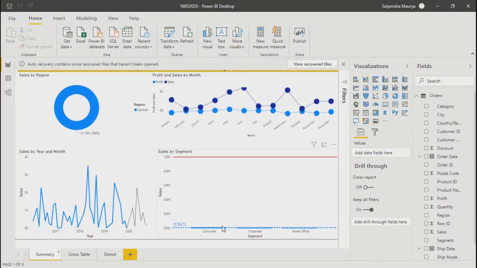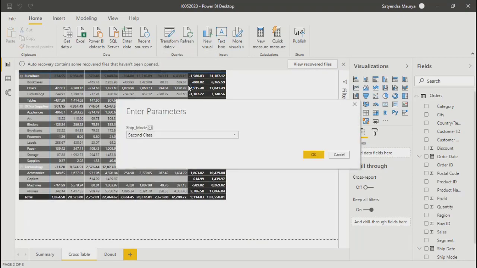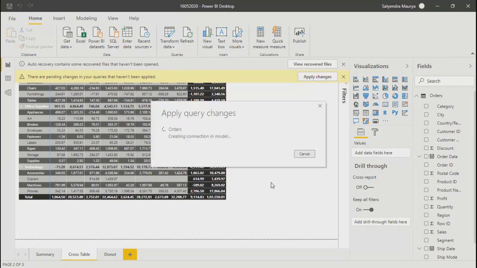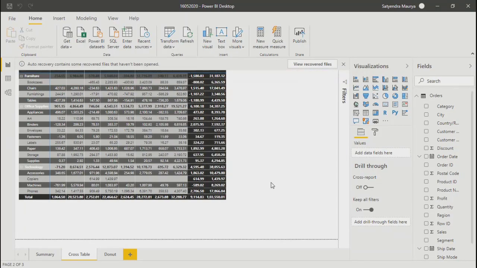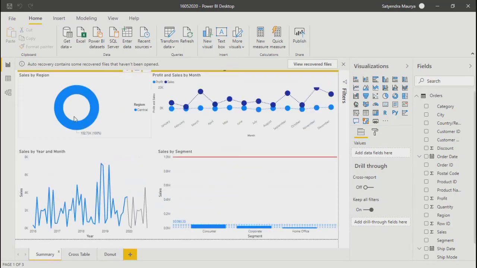Wherever sheet you go, this will be there. See, second class. If you change it to standard class, first of all data will change here. At the same time, your data will change in the donut and here. This parameter works on the data source level or your query level, so it will impact all of your visualizations.